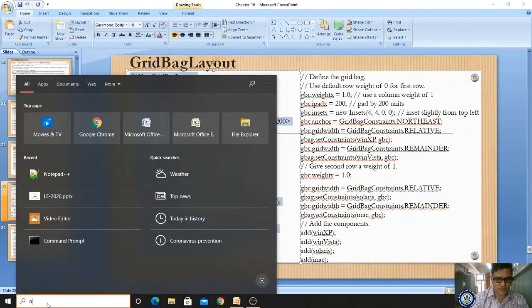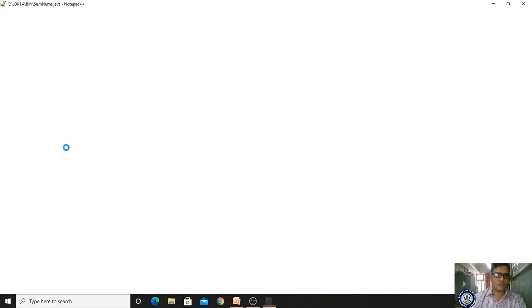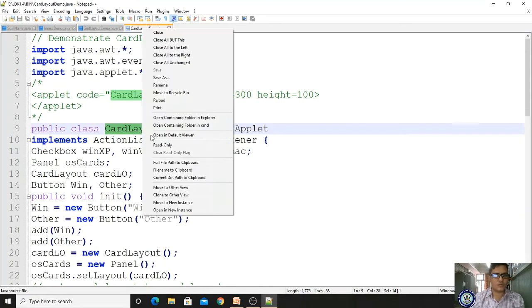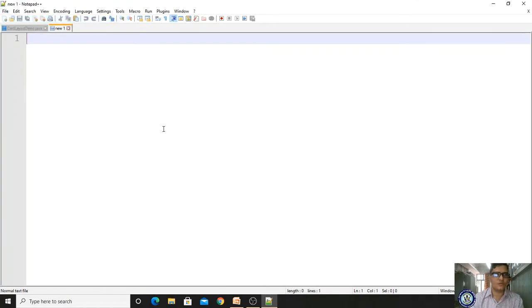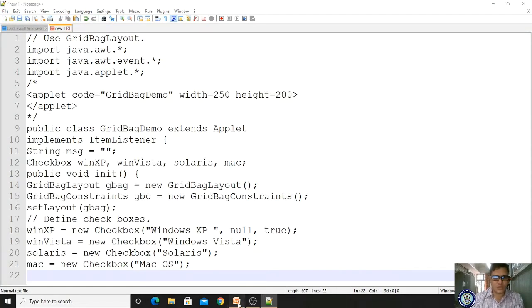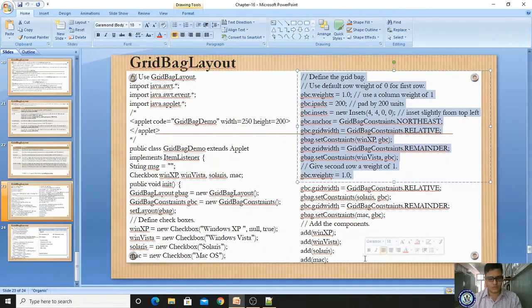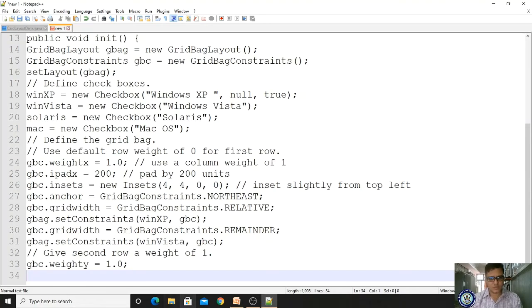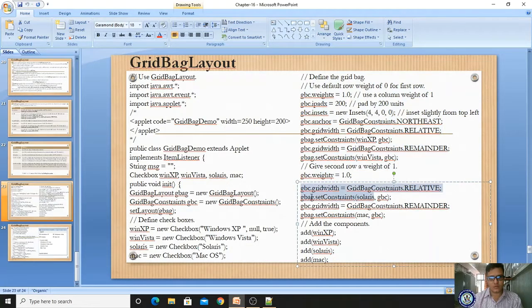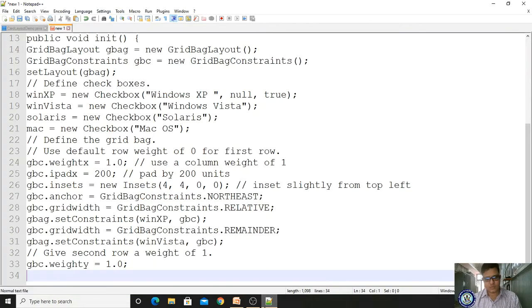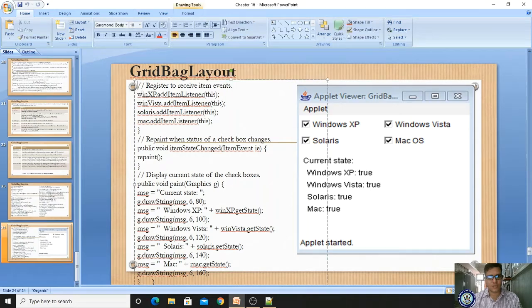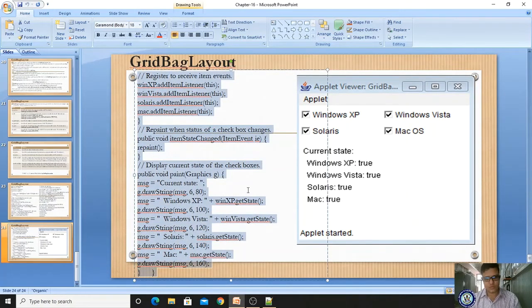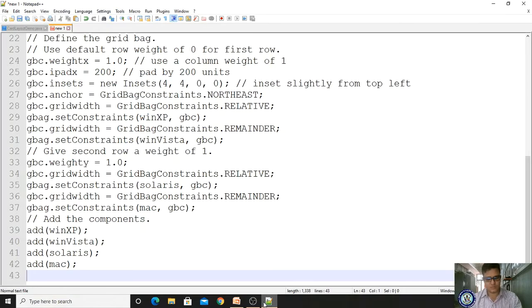So to understand this concept, let us compile and run. We take Notepad++, close every program, we take file new, paste it, come here, copy and paste it, come here, paste it, come here, copy and paste it.